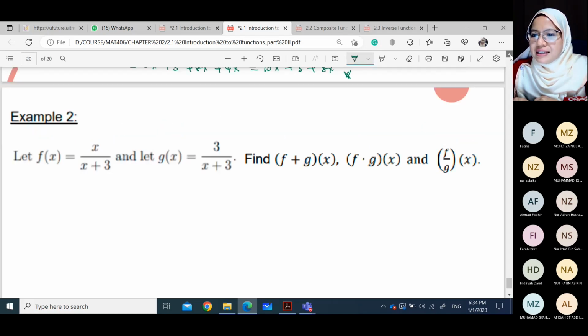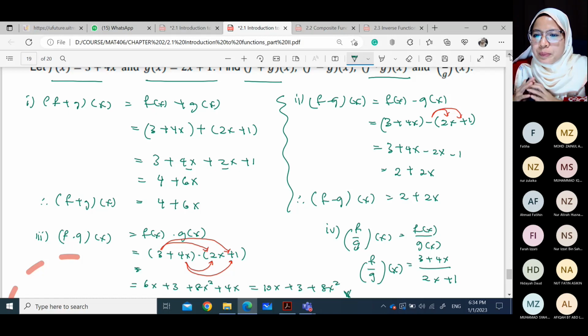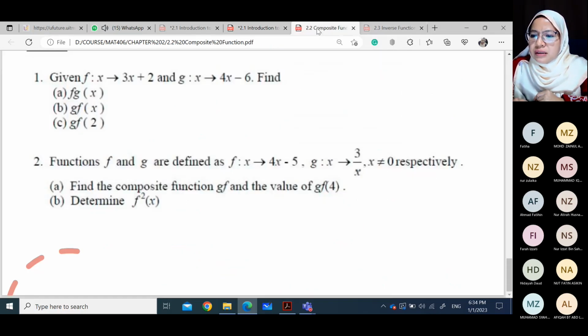Any question class? Tak ada. Okay, so actually ada lagi dua yang kita nak discuss hari ni, iaitu composite function and inverse function. Okay, composite and inverse. Tapi memandangkan masa tak cukup, saya rasa yang ini saya akan bagi video. Saya akan sharekan video untuk